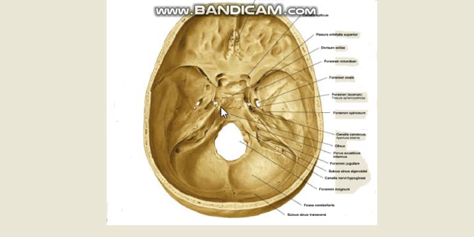So it appears that the body of the sphenoid actually participates in the anterior cranial fossa, middle cranial fossa as well as posterior cranial fossa. And of the petrous part of the temporal bone, the anterior surface is part of the middle cranial fossa, the posterior surface is part of the posterior cranial fossa, and this superior border of the petrous part of the temporal bone is the dividing line between the middle and the posterior cranial fossa.